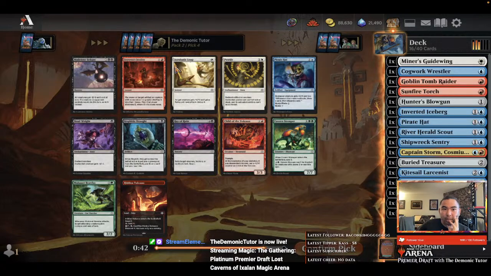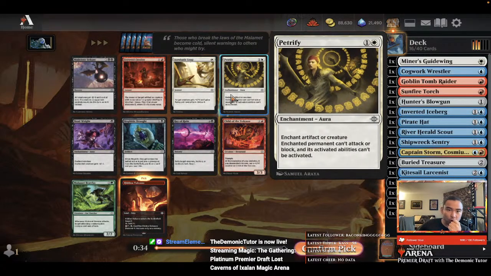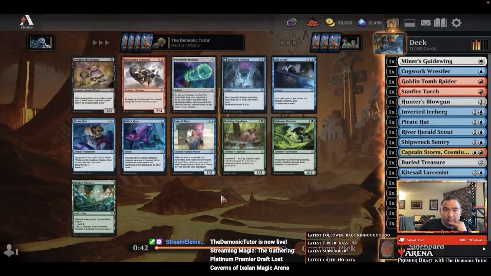We already have a Pirate Hat. Not crazy about Zoyowa's Justice. I think we'll just go ahead and get the Cave. There is another Petrify that's being passed, so maybe white was open too. I'm very happy to get into blue-red. Alright,